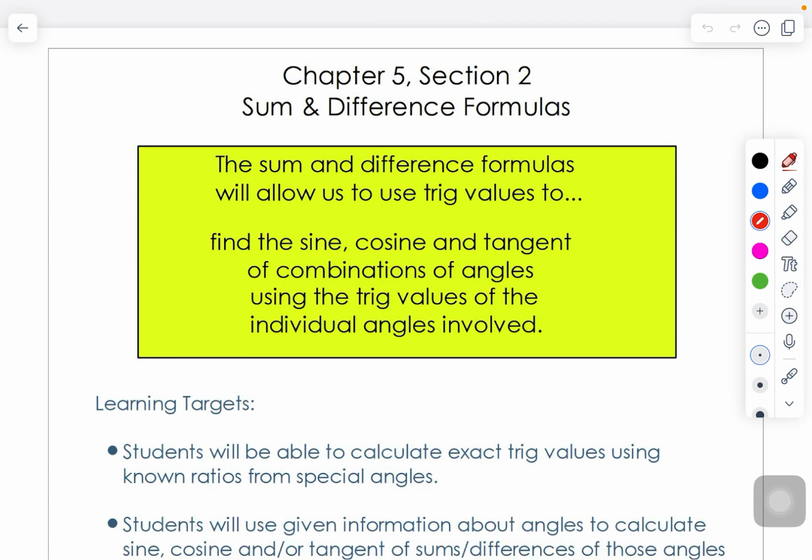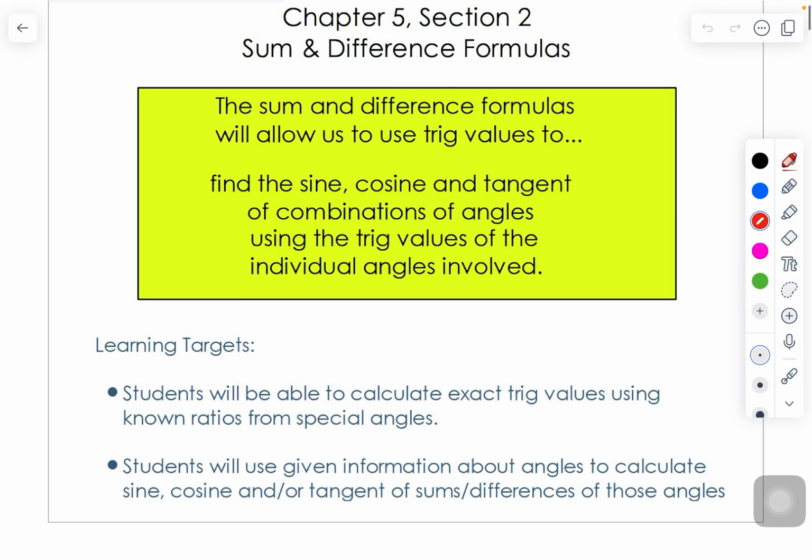Chapter 5, Section 2. Where did Section 1 go? Don't really know, but sum and difference formulas. What we're going to do is find the sine and cosine and tangent at different angles with special trig values that we already know, like the 30,